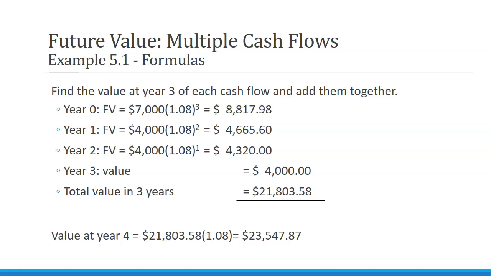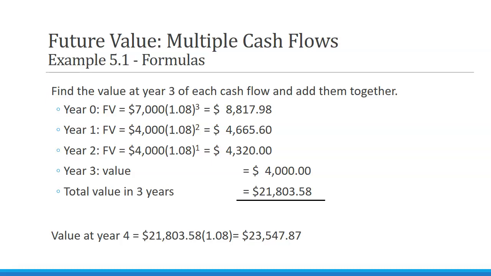At the end of year 1, we pay $4,000, so that earns 2 years of interest. At the end of year 2, we put in another $4,000. That is going to earn 1 year of interest. And then at the end of year 3, we put in an additional $4,000, and that $4,000 isn't going to earn any interest at the end of year 3. So our total value of the money we had in there plus those 3 equal cash flows of $4,000 at the end of 3 years is